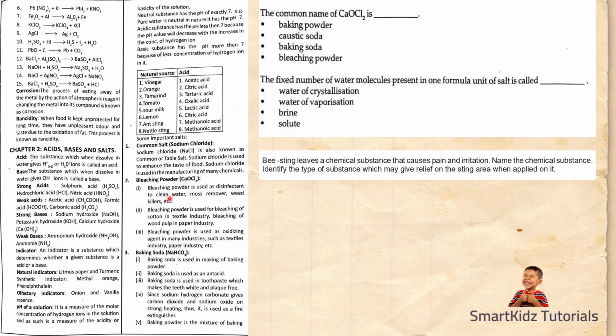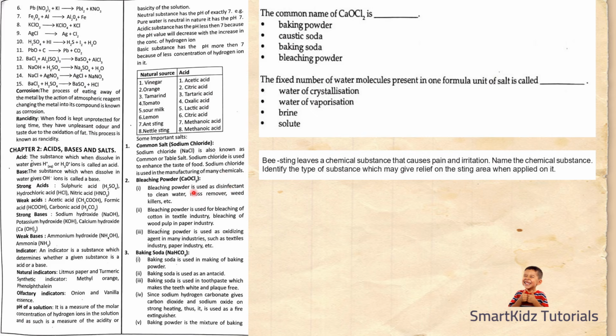Some of the important salts in this chapter are common salt, sodium chloride, which we use on a day to day basis to improve the taste of food. We like to have salty food. You like to have chips, right? Chips have a lot of salt content. Without that, nobody would love chips. Then you have